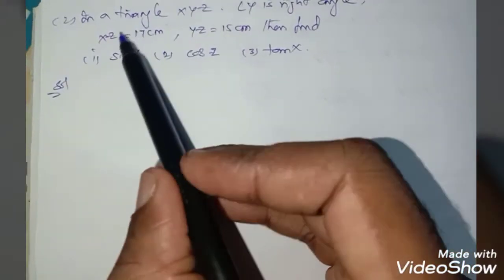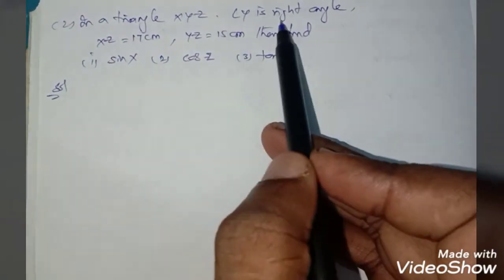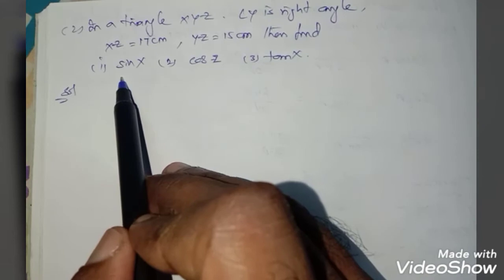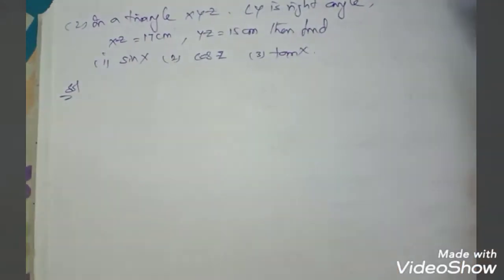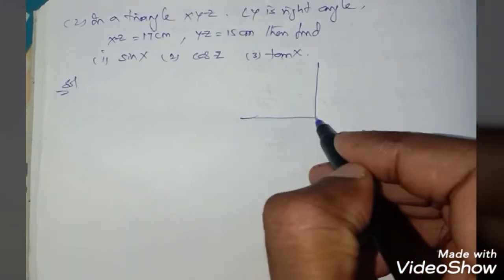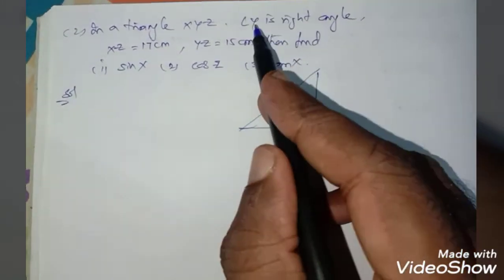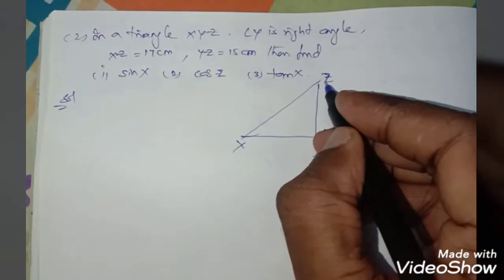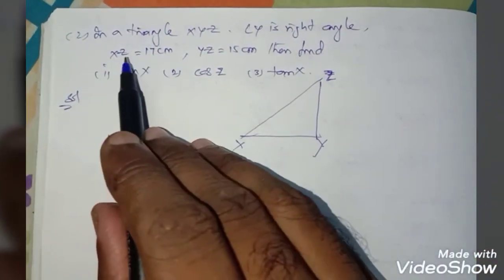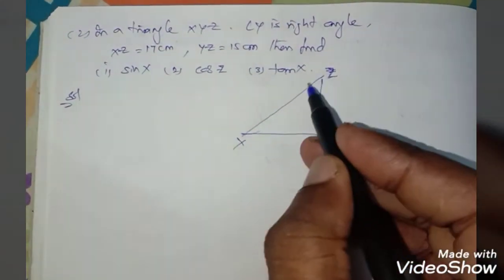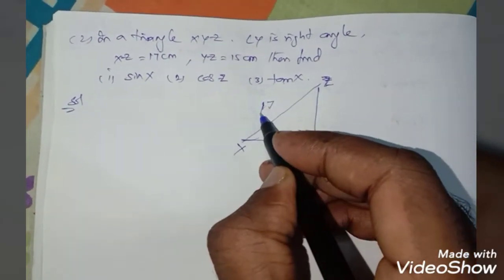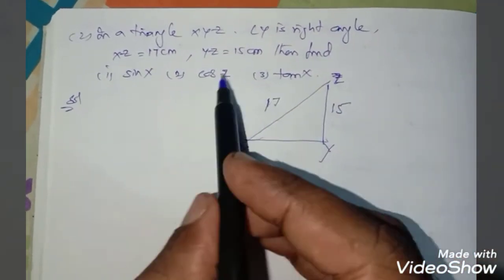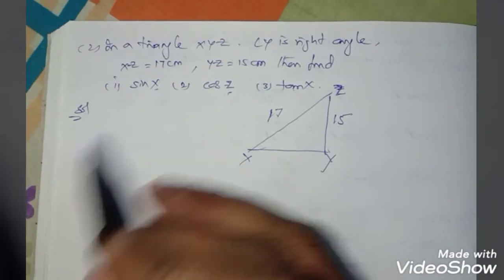So if I take one more example, that is in a triangle XYZ, angle Y is a right angle where XZ is 17 centimeter, YZ is 15 centimeter, then find the value of sin X, cos Z and tan X, right? Now if I go for the triangle as per your problem, if I draw the triangle where Y is a right angle and X and Z, we can write anywhere X and Z. So based on your values, now here XZ, the side of XZ is 17. So XZ is this one, means hypotenuse value is given as 17, and YZ means opposite value is given as 15. So here we have two angles, one is based on Z and another is based on your X.